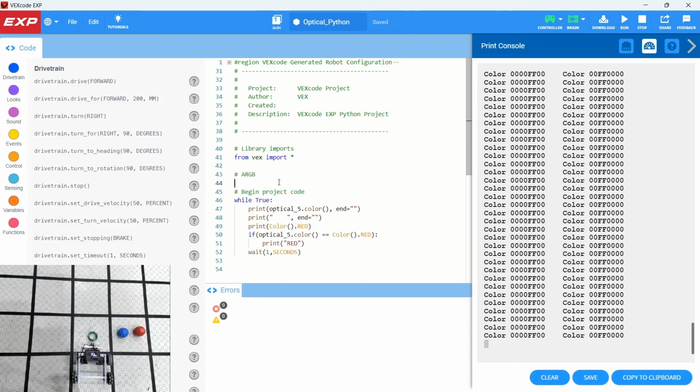Okay, so this Vex sensor is using ARGB color. It's kind of like hex, they're hexadecimal numbers. The A is the alpha channel, that's how opaque it is. Then we have red, then green, then blue. So in this case, 00 is the alpha, FF is full red, and then there's 00 green, and 00 blue. So it's two alpha digits, AA, then R is the next two, FF, green is 00, and then blue is the next pair. So ARGB stands for alpha, red, green, and blue, and it is associated with these pairs of